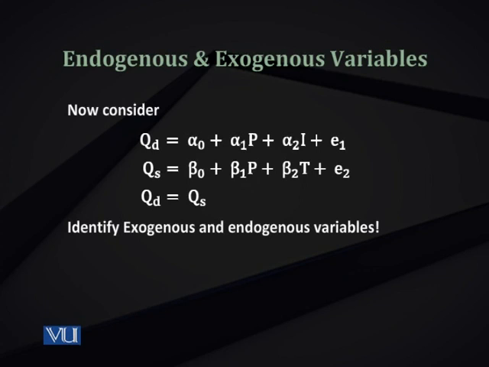In this case, you need the same number of endogenous variables as the number of equations. So two equations, two endogenous variables. Those endogenous variables are identified as quantity and price. All the rest of the variables have to be assumed to be exogenous. So income and technology, I and T, are exogenous. E1 and E2 show the residual or the error term.